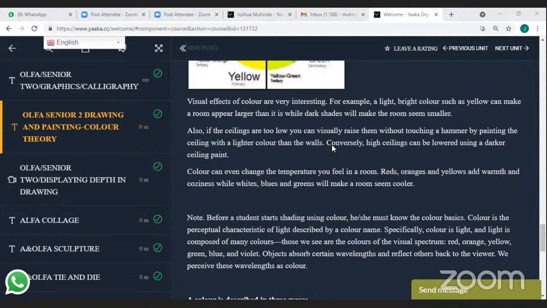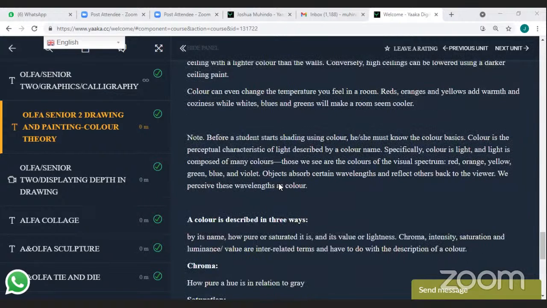Conversely, a high ceiling can be lowered using a dark ceiling paint. That is it, and color can even change the temperature you feel in a room. Reds, oranges, and yellows add warmth and coziness, while white, blue, and greens will make a room seem cooler. Yeah, so that is all. Then, more to this,